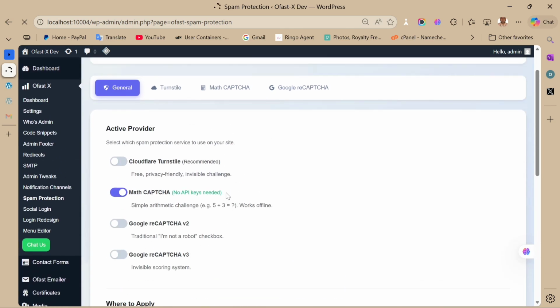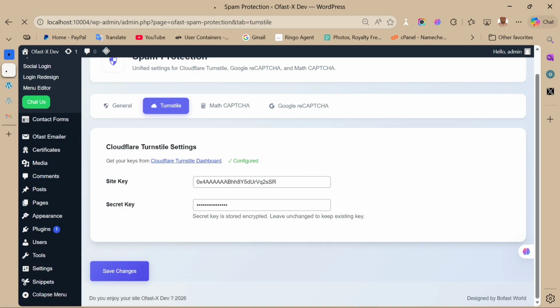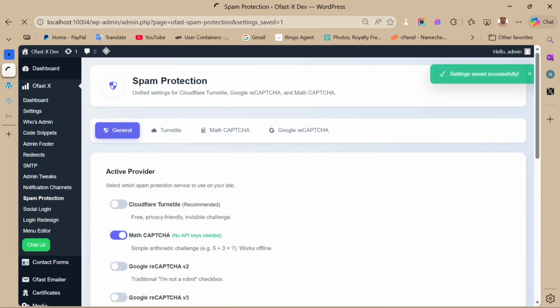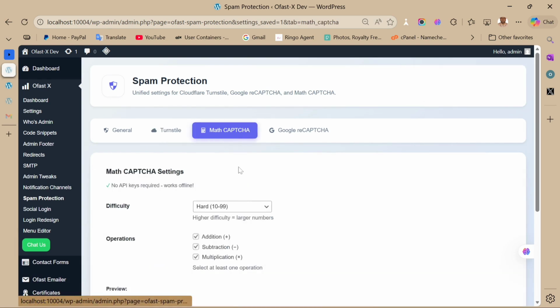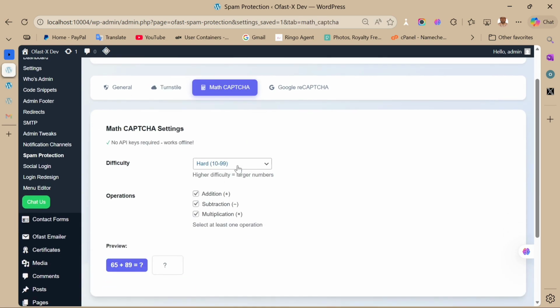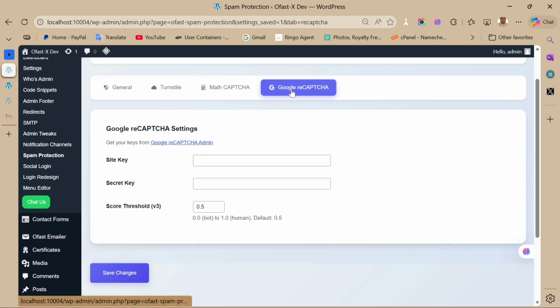Do you get? So now we have Turnstile, that is Cloudflare Turnstile. You can put your site key and secret key here. Math reCAPTCHA, you can save. You can decide to use easy, medium, or hard. So for the hard, you can decide to use addition, subtraction, multiplication. But if you take everything, it's going to be reshuffling them together. And if you want to use reCAPTCHA, you are going to put